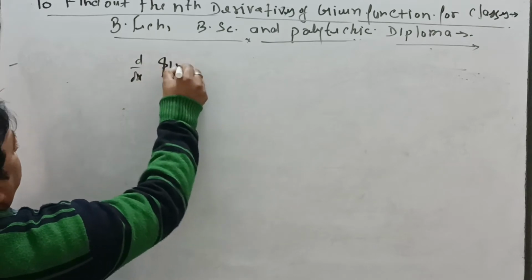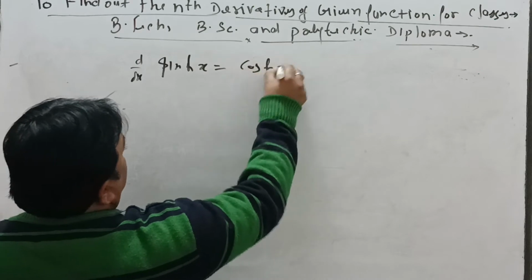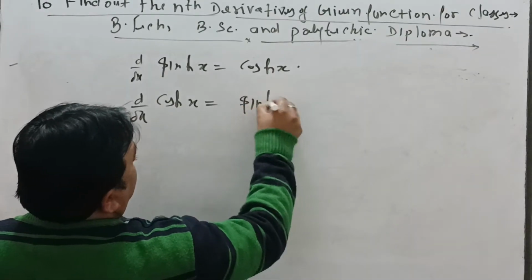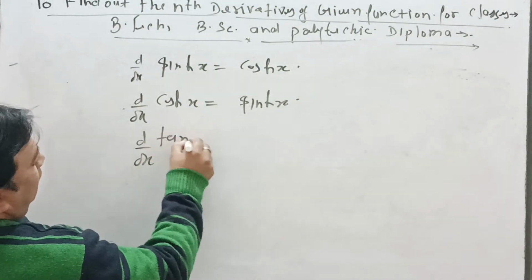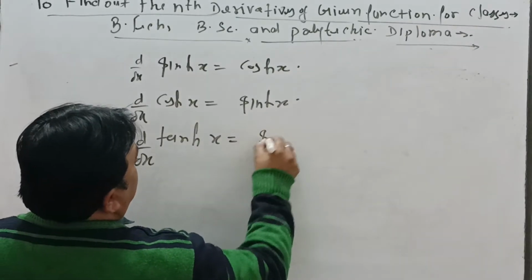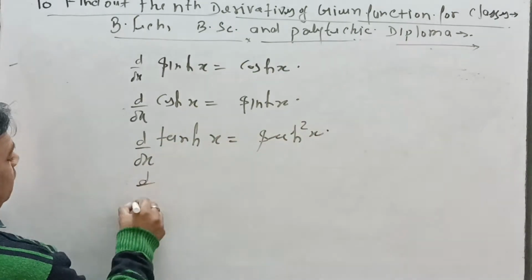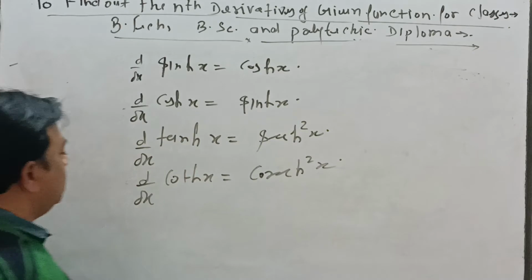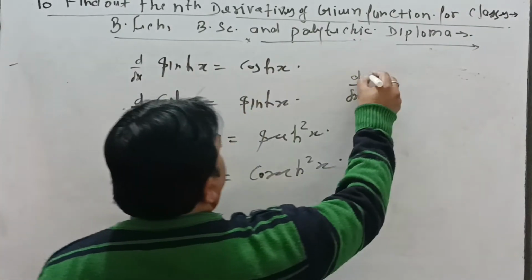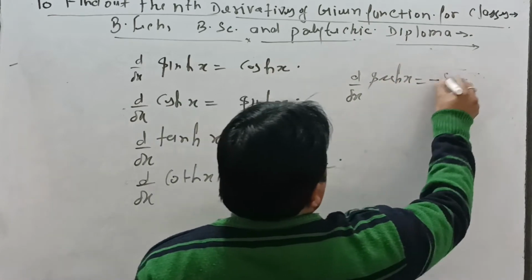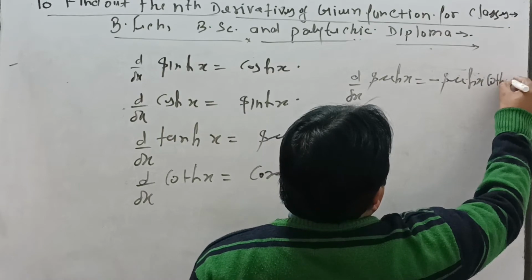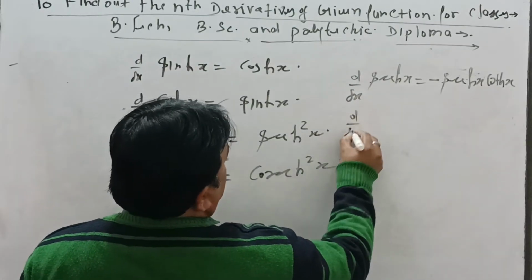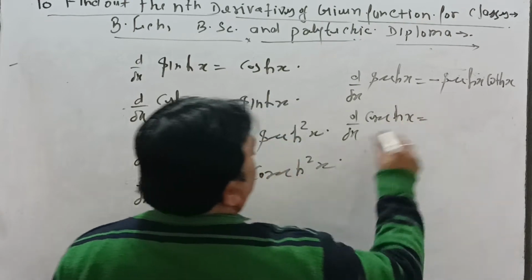d/dx of sin hyperbolic x equals cos hyperbolic x, d/dx of cos hyperbolic x equals sin hyperbolic x, d/dx of tan hyperbolic x is sec hyperbolic square of x, d/dx of cot hyperbolic x equals minus cosec hyperbolic square x, and d/dx of sec hyperbolic x equals minus sec hyperbolic x cot hyperbolic of x. And the last one is given: d/dx of cosec hyperbolic x equals